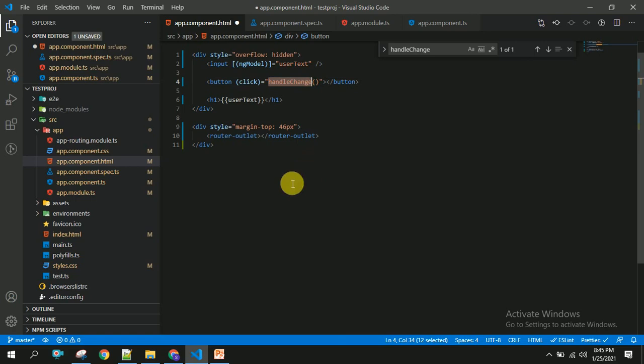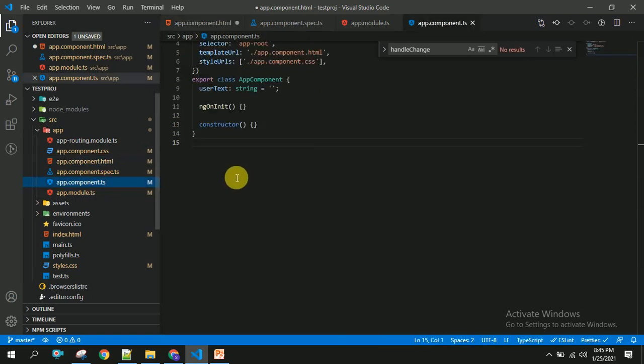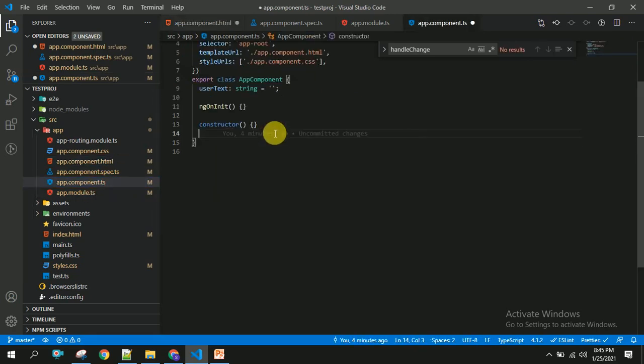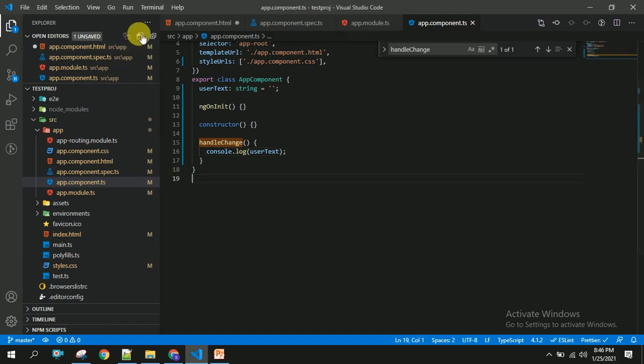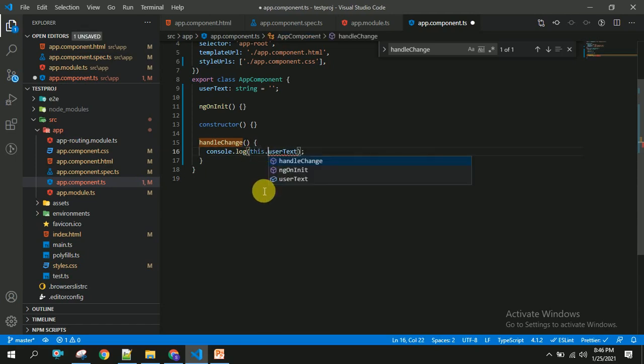Once the user clicks on this button, I am going to call this method. So you can get the same user text in our console. In this way you can log whatever the user has entered. You have to use this dot user text.